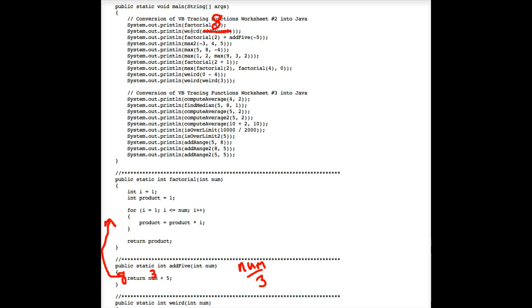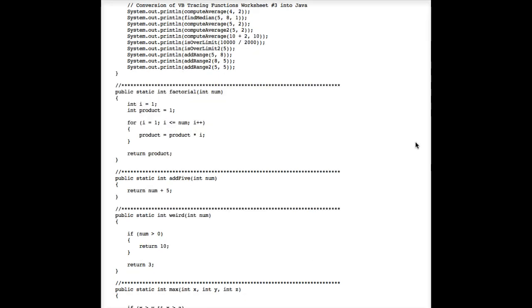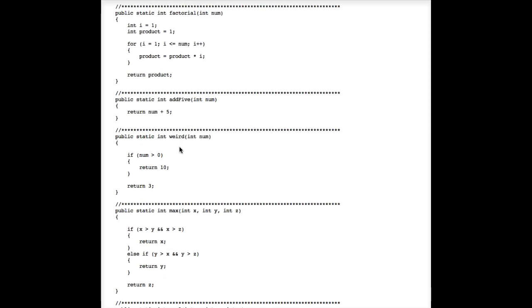And now we have to execute weird(8). In other words, we're passing the number 8 to the method weird. So we must scroll down further to find that method weird. The value 8 is being passed there. Okay, so here's the function weird. As we saw from above, the value 8 is being passed into the parameter num,